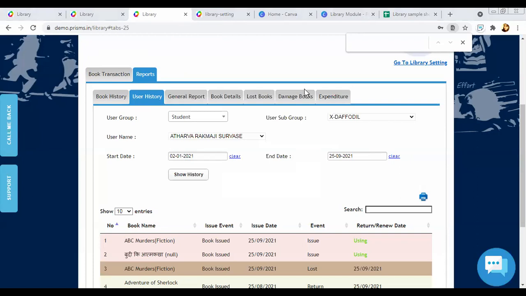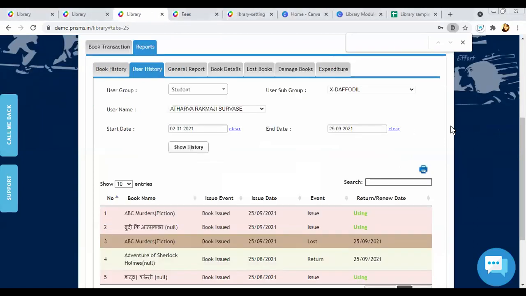Students can apply from their application, mobile app? No, sir, not from the app, from web login. So on the app, this facility is not available for applying for books. Currently, it's there in web login. Once the books get issued, we can notify them by notification that the book is going to be due, or after completion of the tenure, because there is a fine if they are delayed in returning the books to the library. At that time, we can also notify them by notification. This part is there.